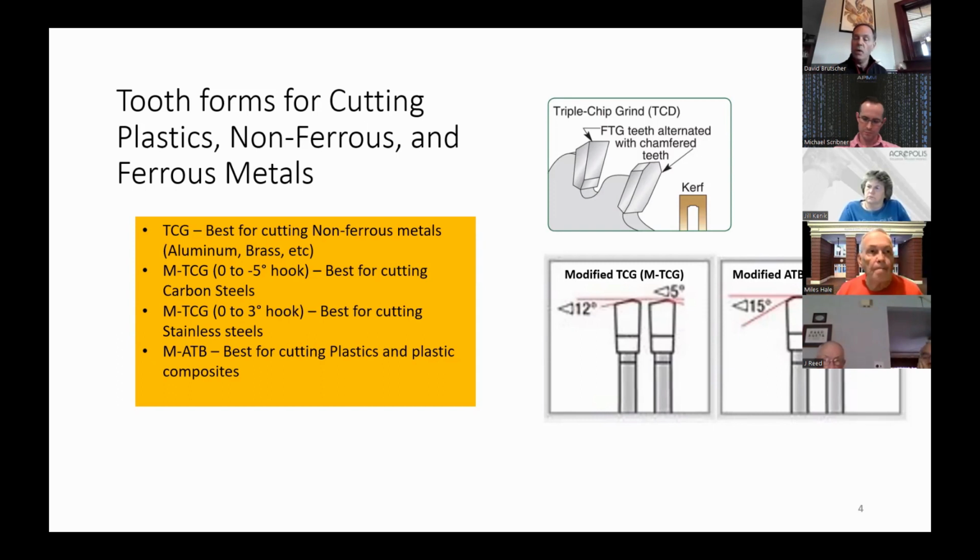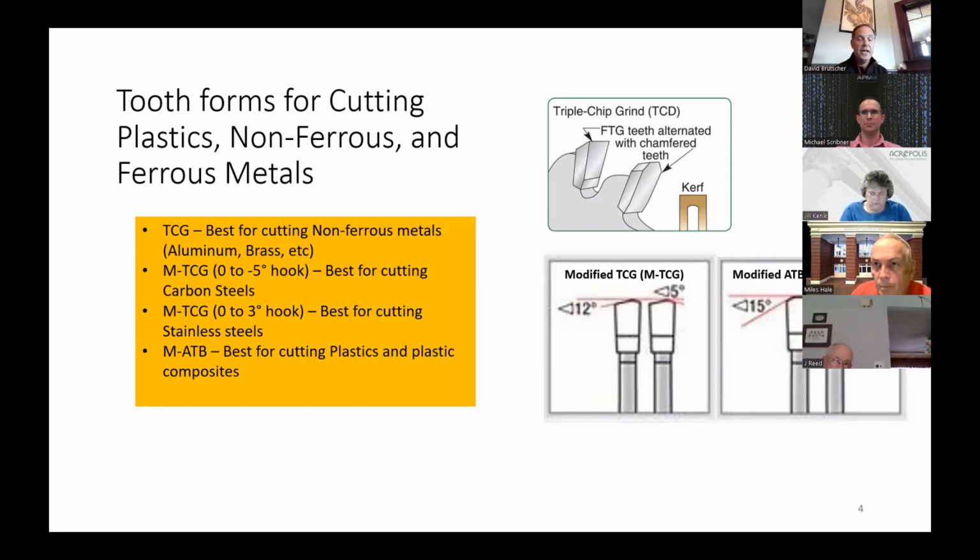Then moving on to carbon steels, modified TCG blades are really out there in this realm, and they're really good for primarily cutting carbon steels. Different manufacturers have different tooth forms of these. They might have a long flat on one side, a short flat on the other, or more of a centered, two centered flats of that nature. But really, if you're looking for a metal cutting modified TCG blade, it is really the best route to go for carbon steel